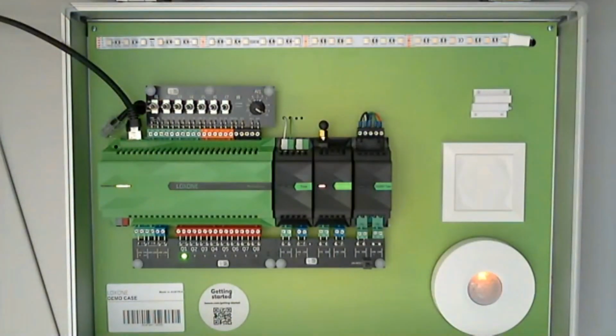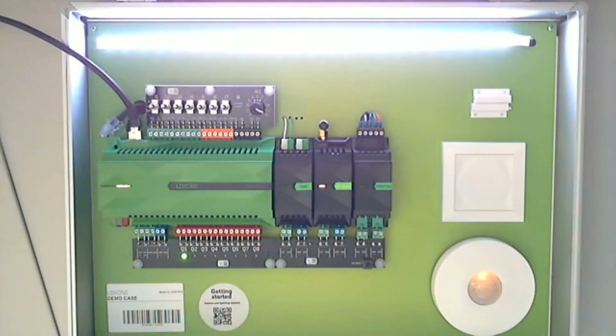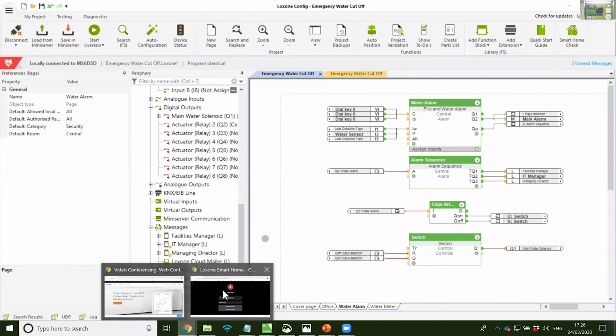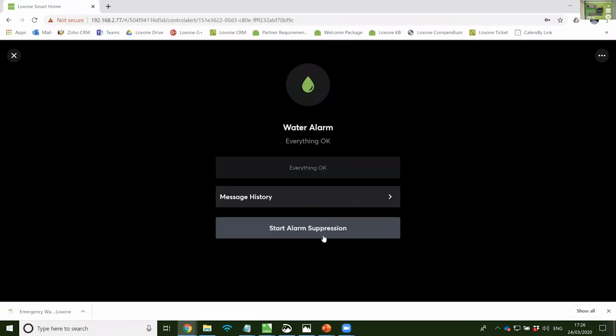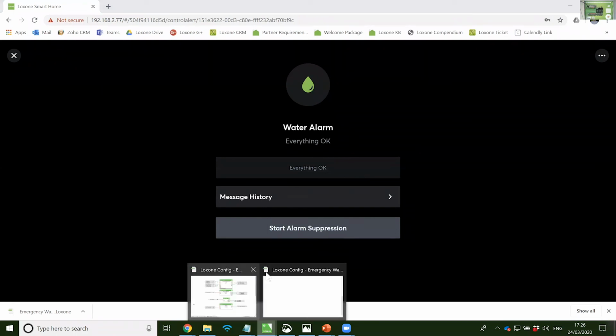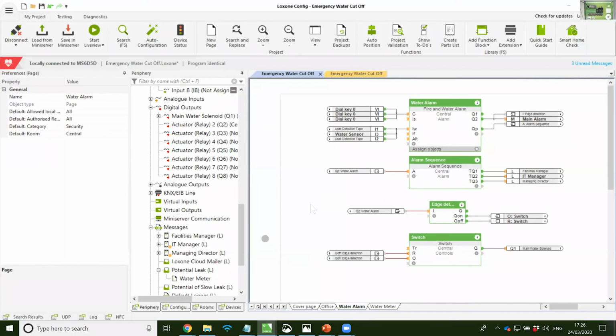And then back to my screen and back to the app. Water alarm's going off. Acknowledge it. The lights stop flashing. So just to recap on all of that, what we have is a fire and water